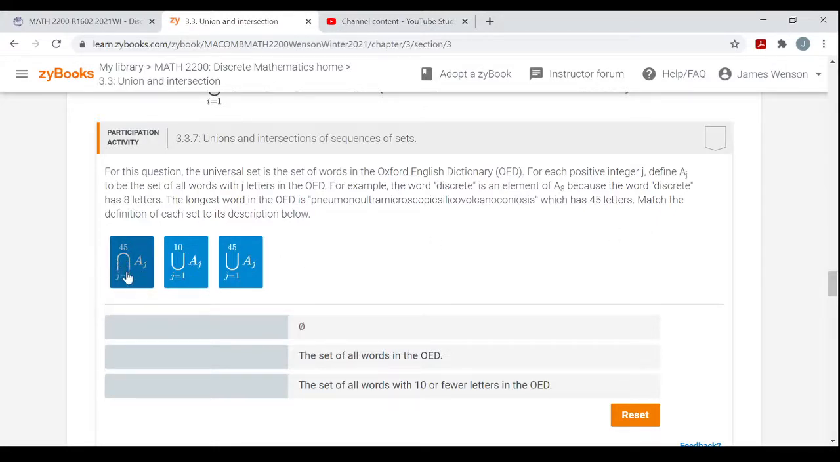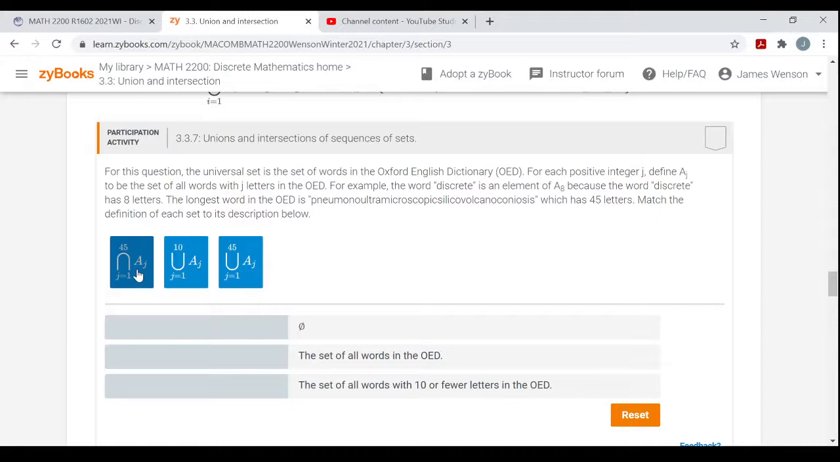This is the intersection of j equals 1 to 45 of all the AJs. So this set here that I've got my cursor on is A1 intersect A2 intersect A3 intersect A4 intersect all the way up to intersect A45. The words from the dictionary that belong to this set are the words that have 1 letter and 2 letters and 3 letters and 4 letters